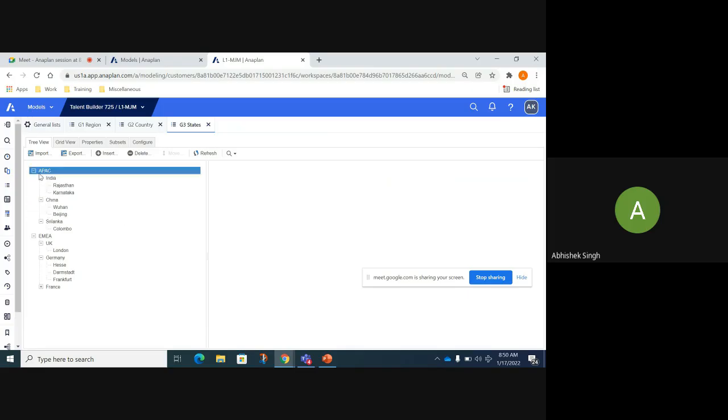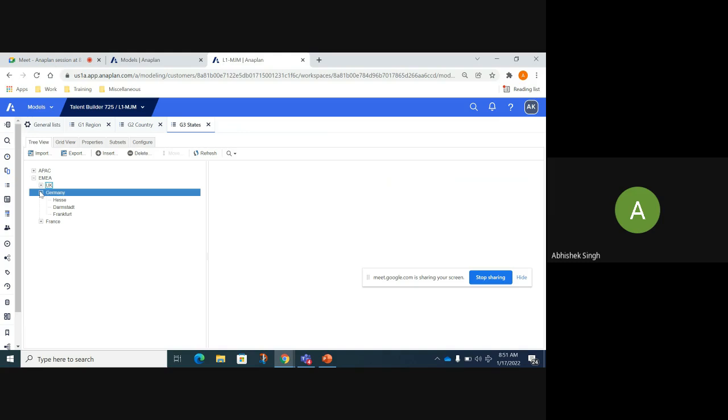The advantage, if you see here, is that if you see something under Germany, then you can conclude that you are going to be seeing the aggregation of Hesse, Amsterdam, and Frankfurt. And that's the advantage of hierarchy list creation. Let me tell you in more simplified ways what I mean.